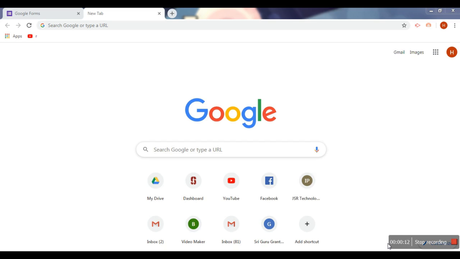Google Form is a very important and useful online tool that helps us to collect any kind of data. In case you are a researcher and you want to collect data related to your research work, or if you are a teacher you want to collect some information from your students, or you want to assess your students on a particular topic, then Google Forms can be used.